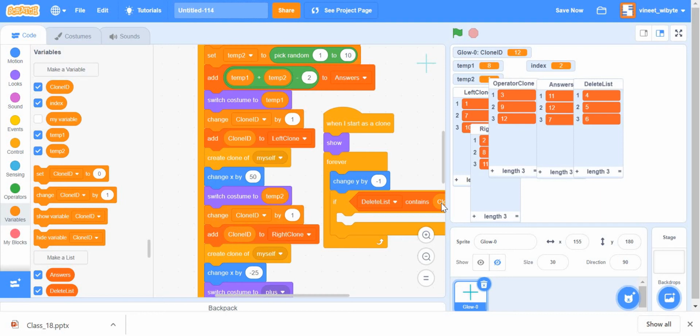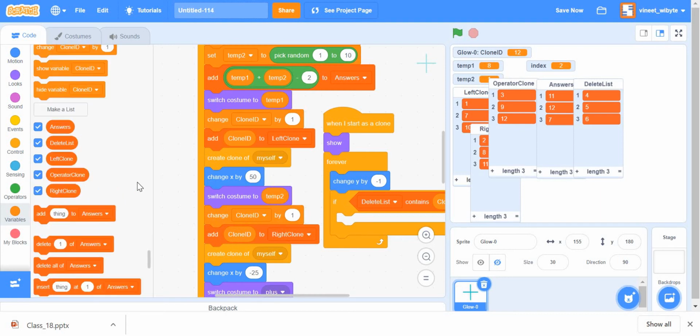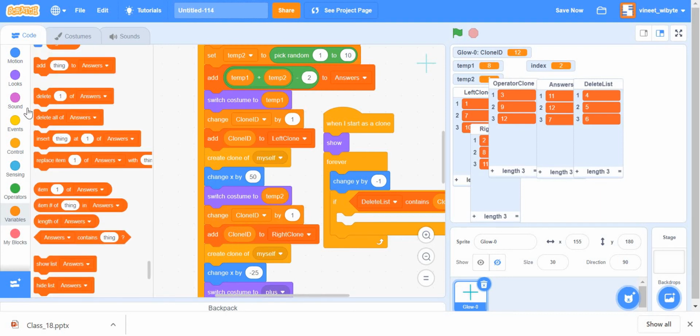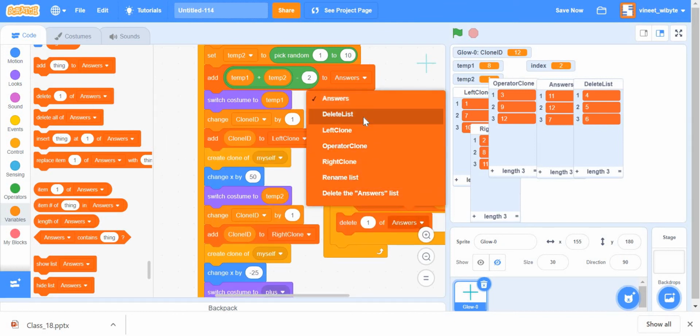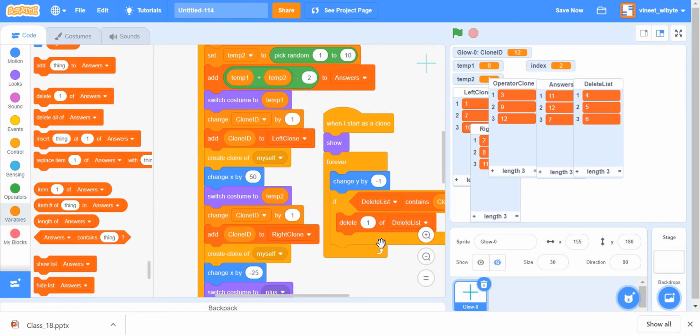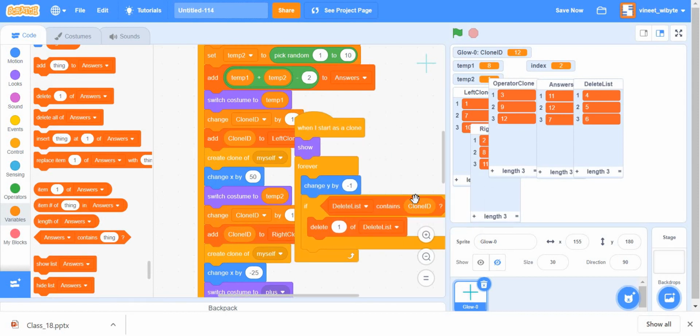Pay attention to this, because I'm going to use the delete command. But the question is, what do I delete? So delete something from the delete list. The first thought that will come to your mind is that I'm going to delete the clone ID from the delete list. But the problem is, we have a good example right here: the clone IDs that have to be deleted are 4, 5, and 6.